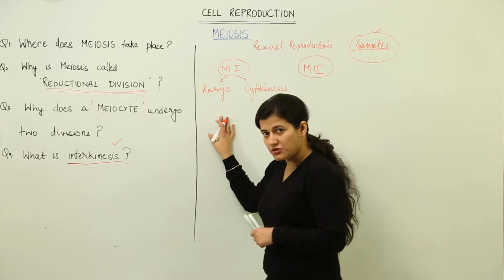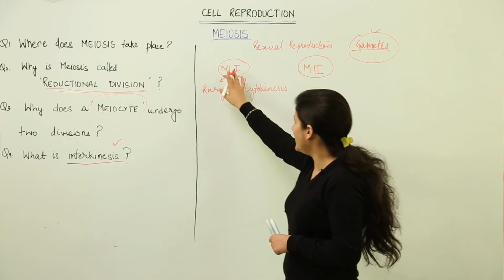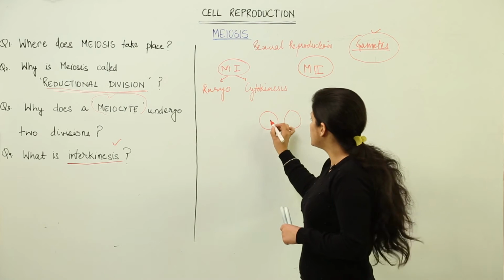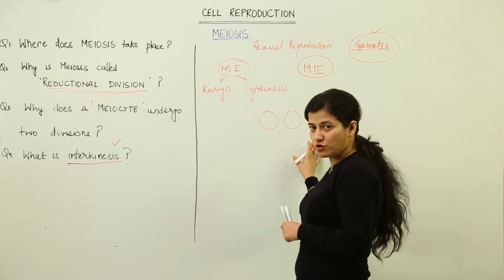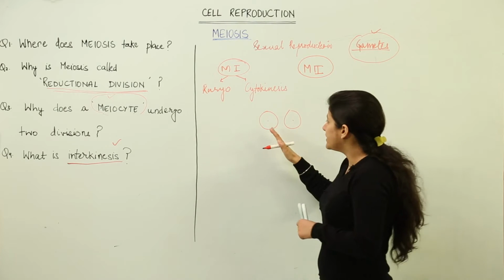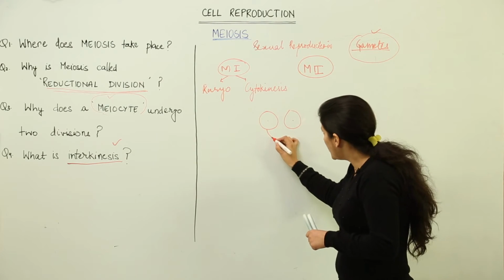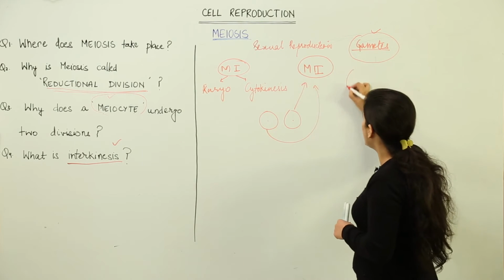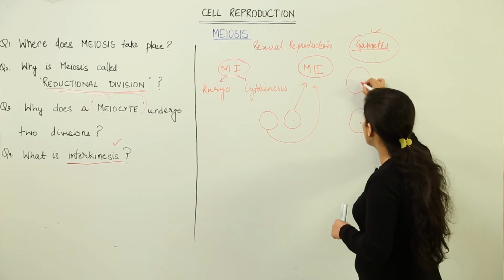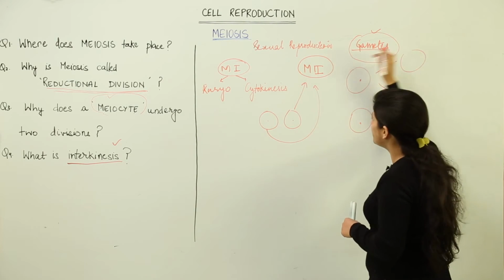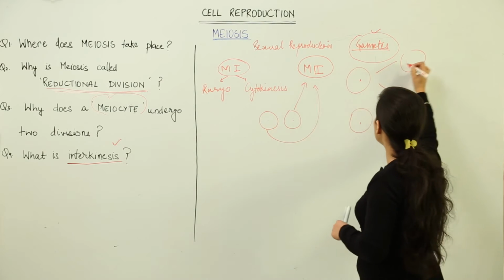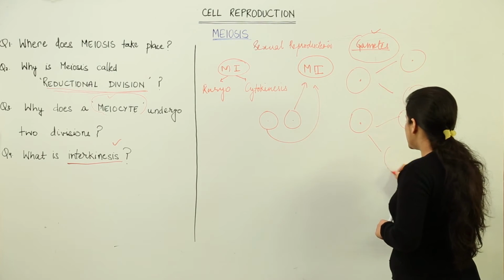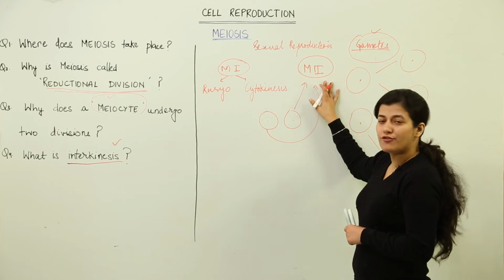The nucleus would divide into two, then the cytoplasm would divide into two, and at the end of meiosis 1 we are going to obtain two daughter cells. Alright, these two daughter cells would have reduced their chromosome number to half. We'll see how it happens. But now these two daughter cells individually would go to the second division phase, that is meiosis 2. Then each cell would act as a parent cell for meiosis 2. These would further divide by the process of karyokinesis and cytokinesis into two daughter cells, and we will have 4 daughter cells as a result of meiosis 2.